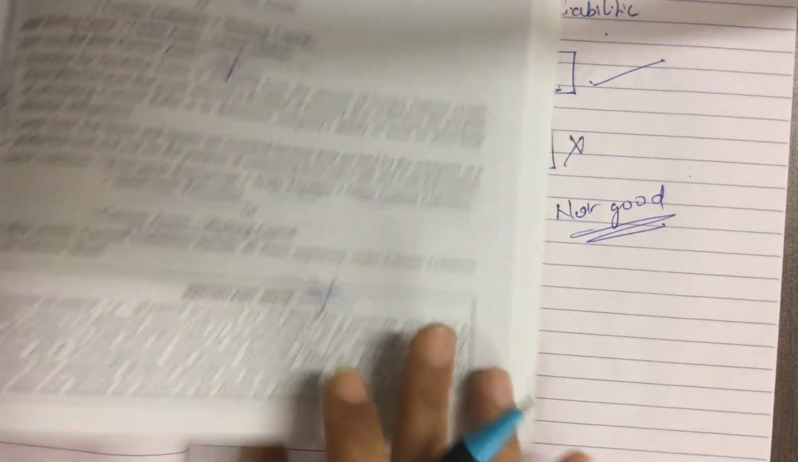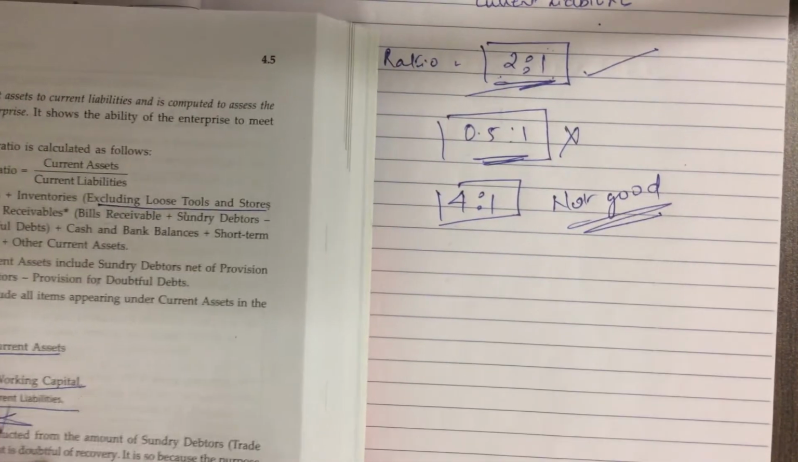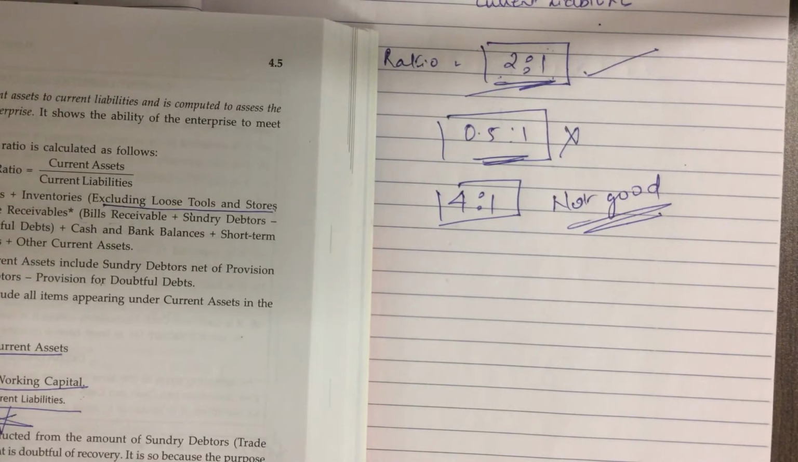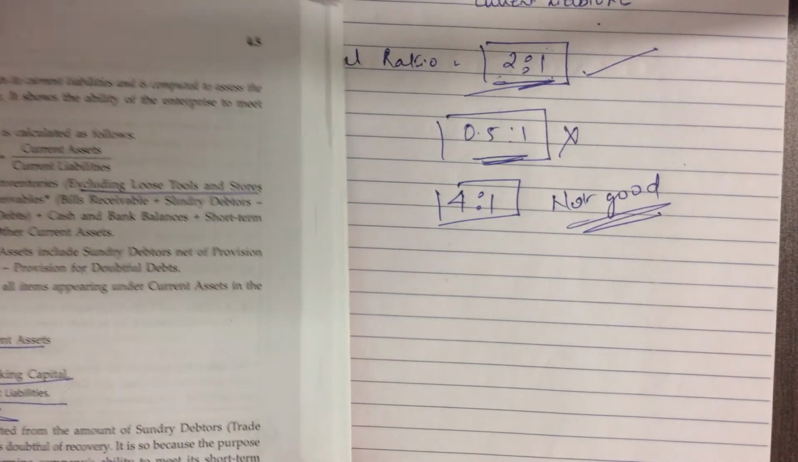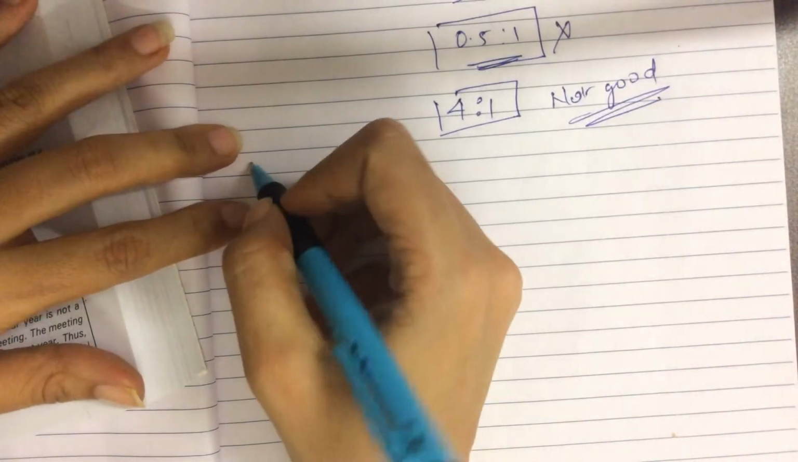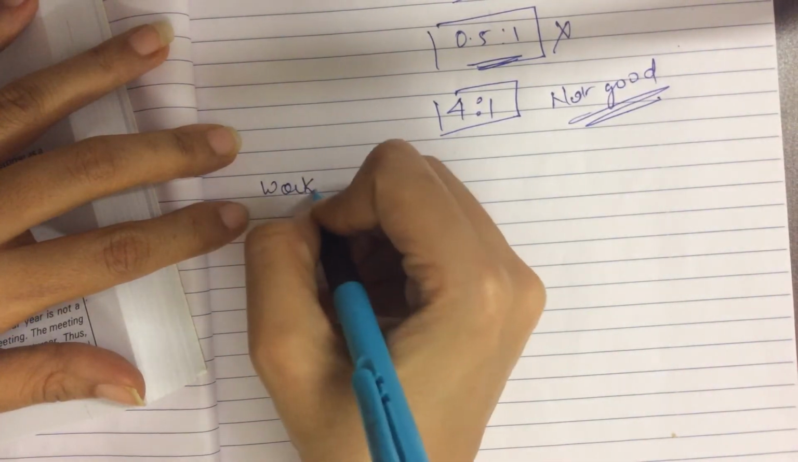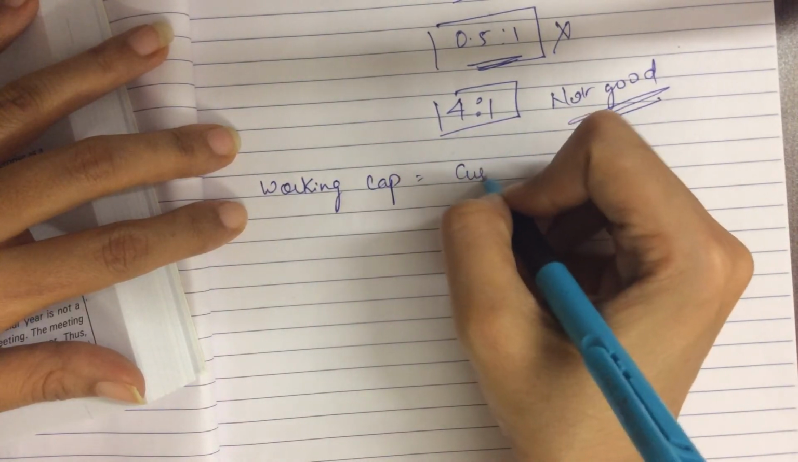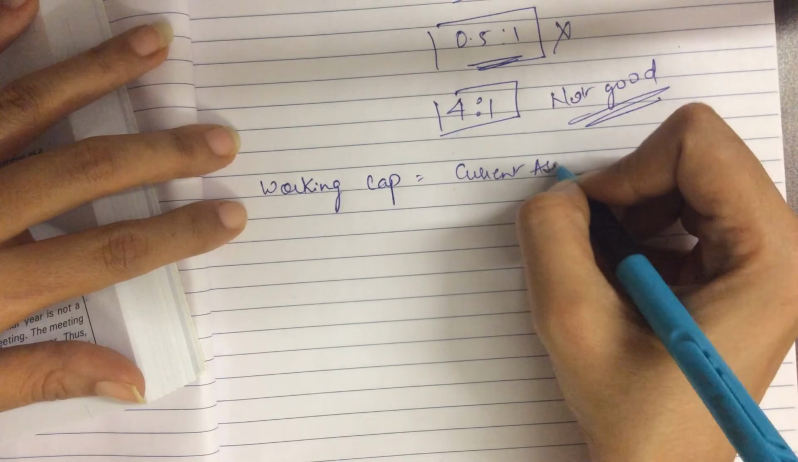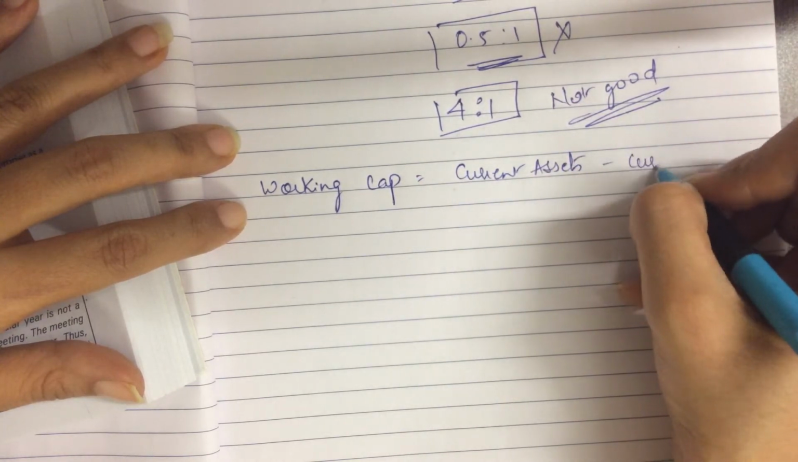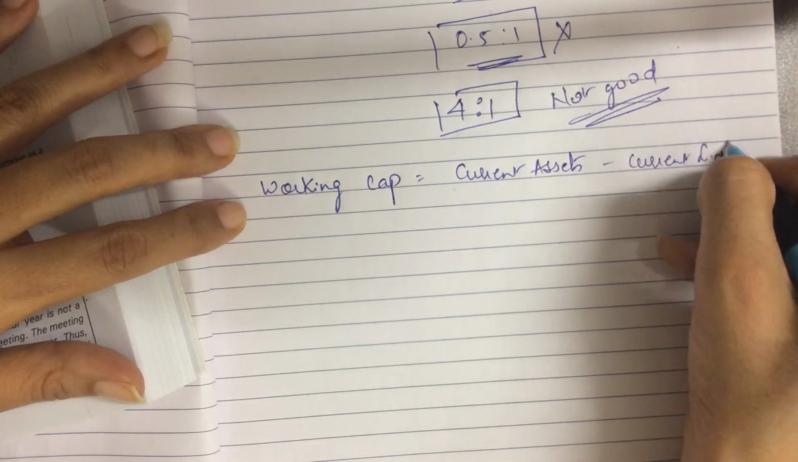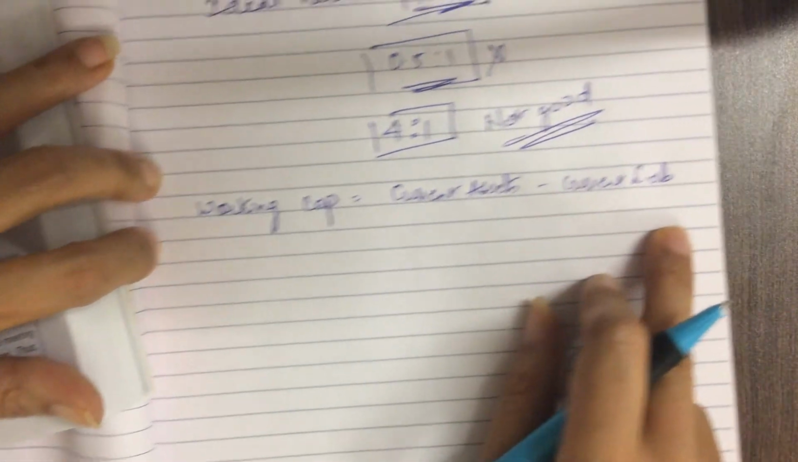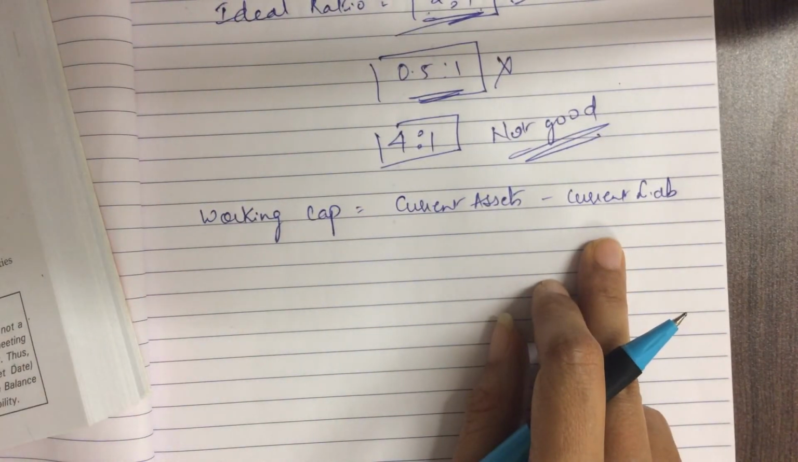In my last class with you all, I had given you a list of formulae. Those formulas will help you determine these ratios. One of the formulae was working capital is equal to current assets minus current liabilities. Please keep these formulas ready in front of you when you are solving the examples regarding